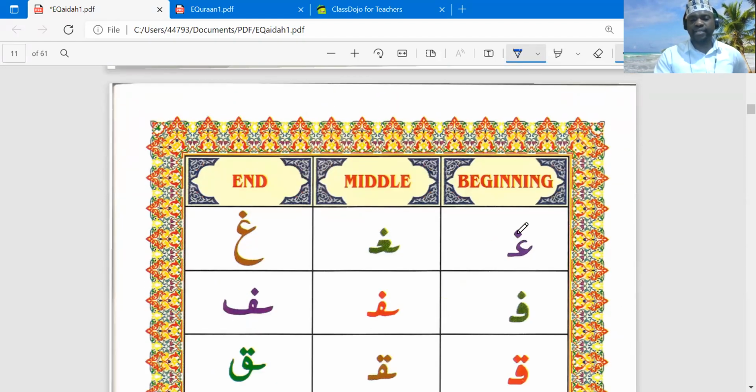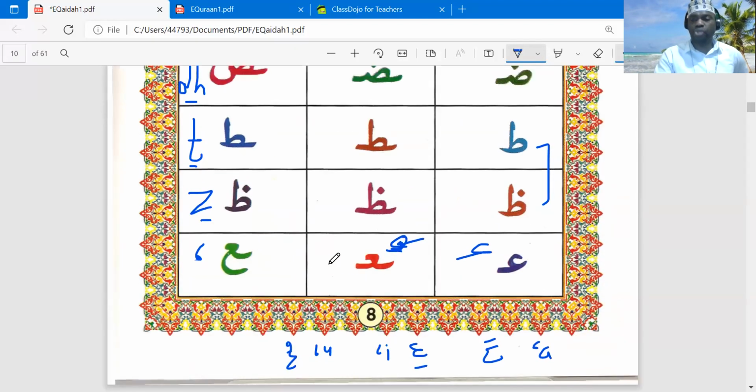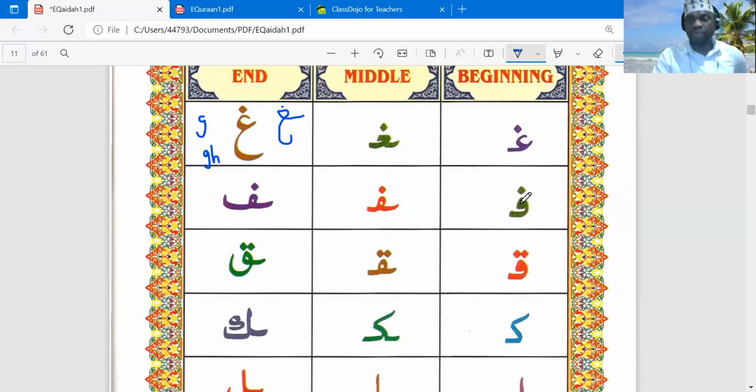The next letter is called ghain. It's a family of ain, but there's a dot on top of it. Ghain at the beginning, open mouth, in the middle, mouth closed. At the end, mouth can also be closed. If you have it like this, it's called ghain as well. And ghain, you can say it sounds like a G or like GH, okay? Ghain, the letter is coming from the throat, like ain is also coming from the throat. Okay, ain, ghain, the next letter is now fa, fa at the beginning, fa in the middle, and fa